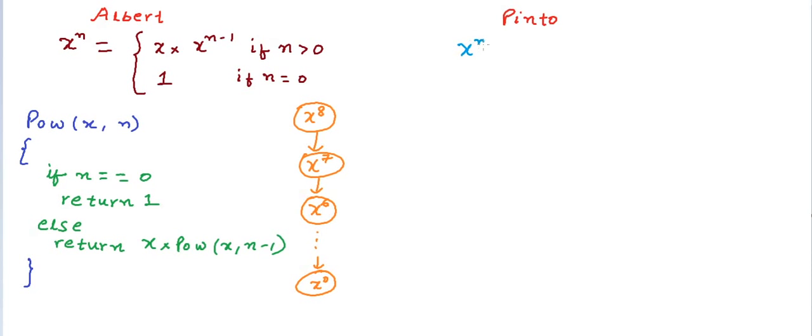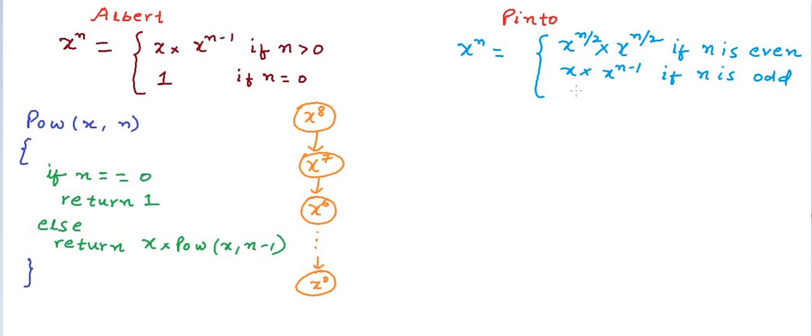He says that x to the power n can be written as x to the power n by 2 into x to the power n by 2 if n is an even number, and x to the power n is equal to x into x to the power n minus 1 if n is odd, and x to the power n is equal to 1 for the simple case or the base case of n is equal to 0. So we kind of have two different recurrence relations for two different cases, and let us see how the program